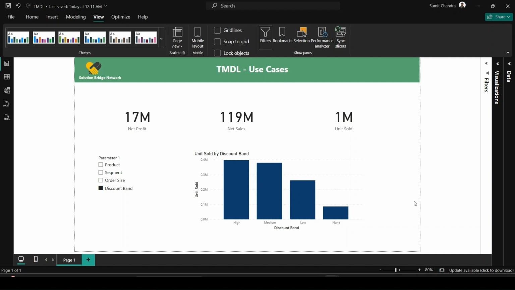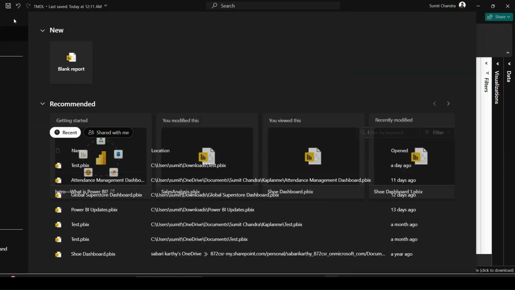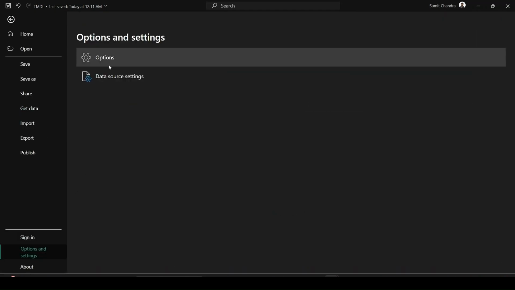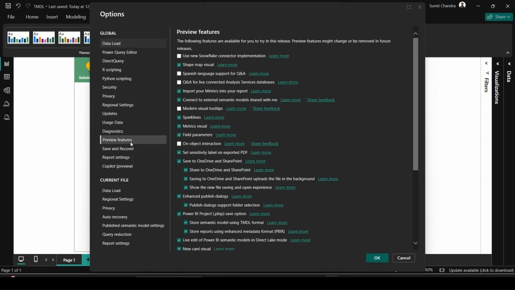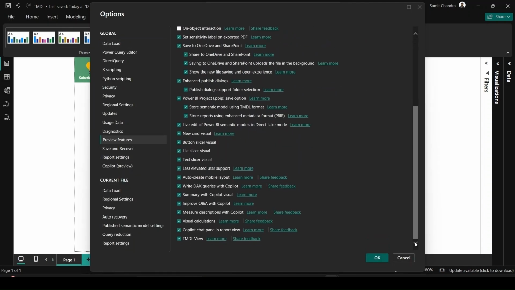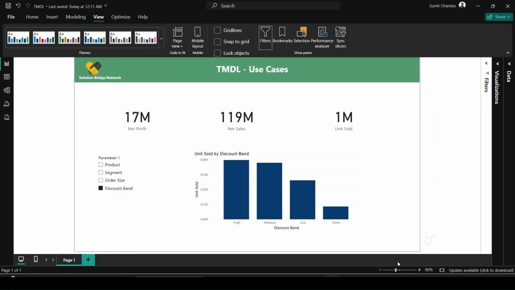As I told you, this is a new feature released by Microsoft in the month of January 2025, and as of now this is a preview feature. Before using it, we need to enable it. We need to click on File, Options and Settings, Options. Here we need to click on Preview Features. In Preview Features, you need to enable this option, TMDL View. Then we need to click on OK, and you need to restart your Power BI Desktop to get this TMDL